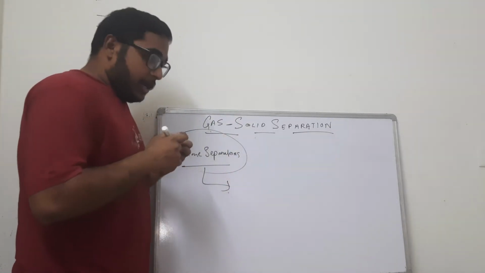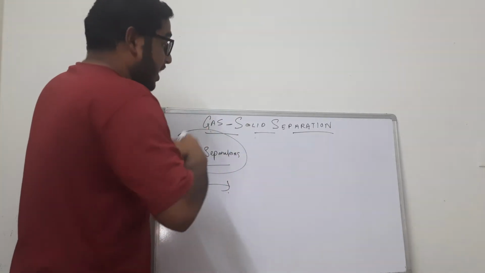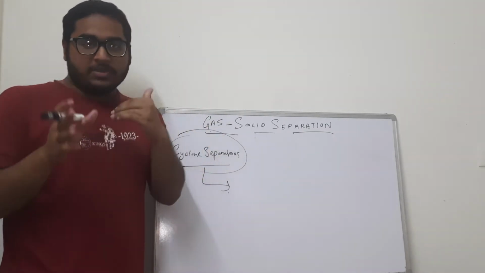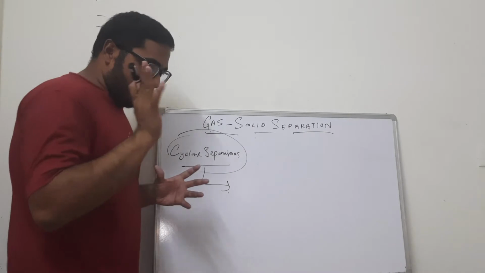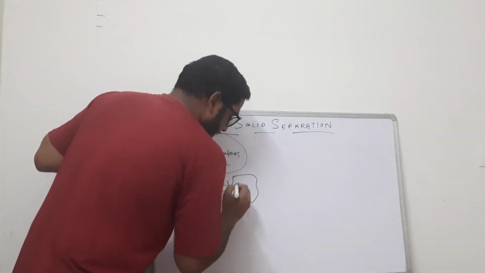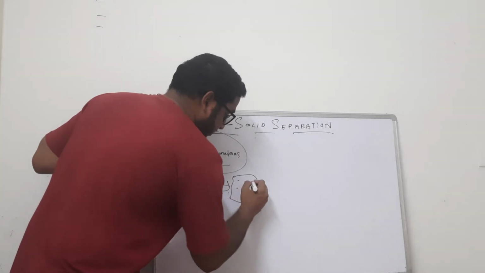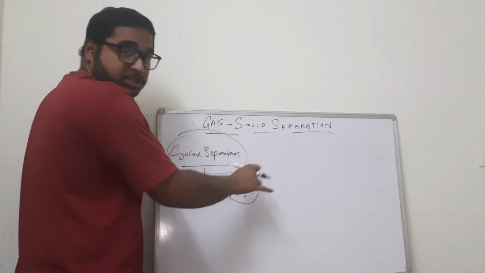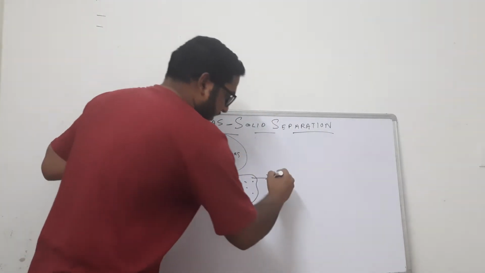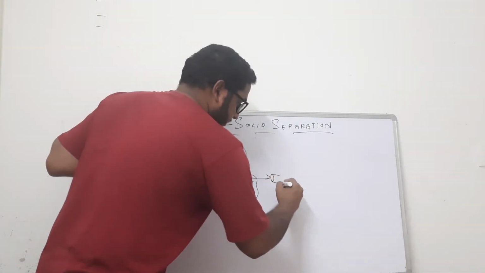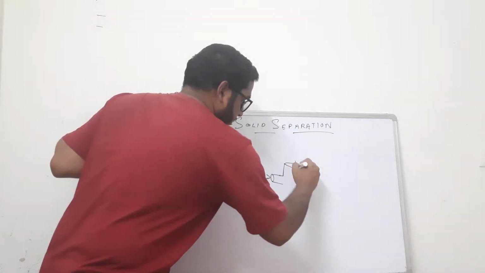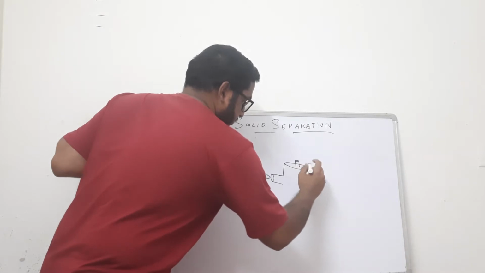Let us understand. As the name suggests, there must be a cyclonic structure formed such that the solid gets separated from the gas. This is very important, my friends. Try to understand this. A solid laden gas, let us consider this to be a gas with suspended solids in it. We need to separate out the solids from this particular quantity of gas. We send this. Where do we send it? We send it into a structure like this. Somewhat like this,